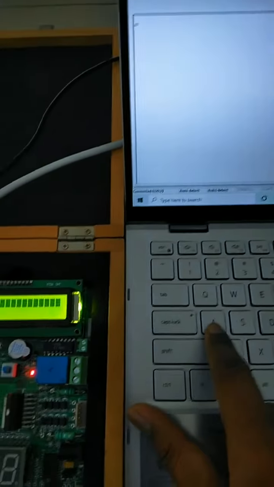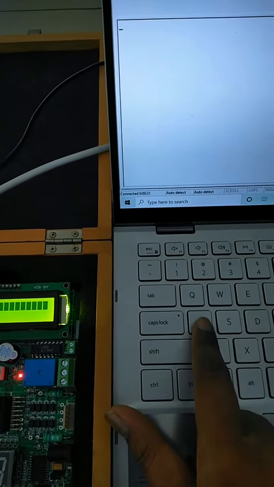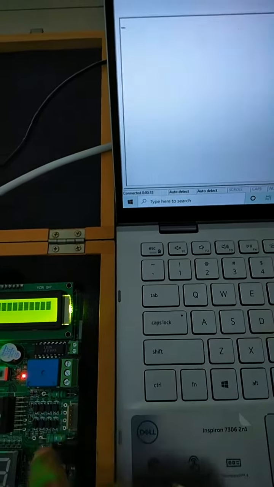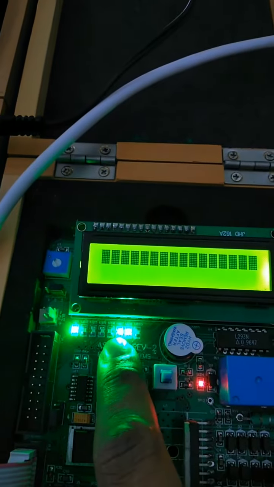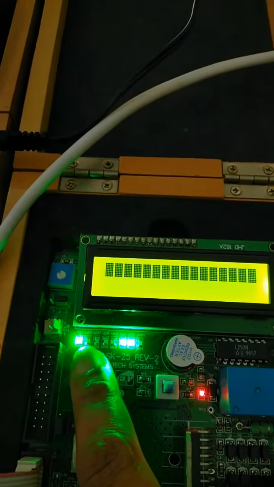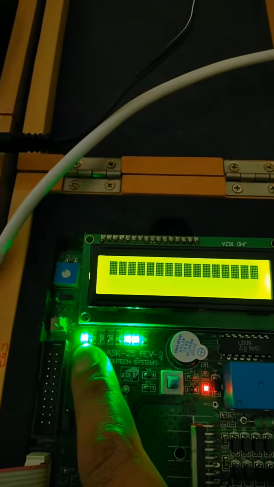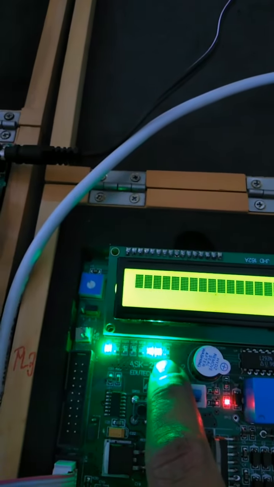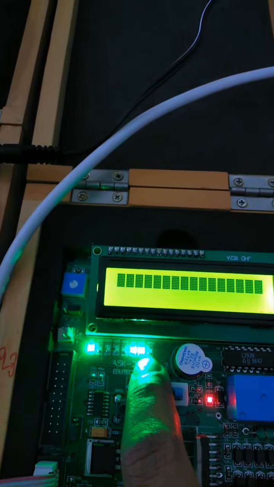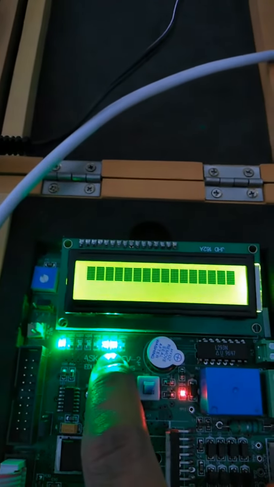Okay, so here let's say if I press this character A, right now my caps lock is off, so I will press this character a, and here you can see on the LEDs over here we are getting the value as 01100001. Okay, so here this leftmost bit is the LSB and the rightmost bit over here is the MSB. So we have to read the value as